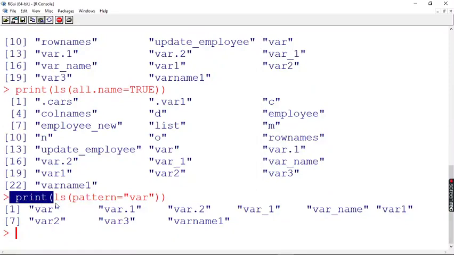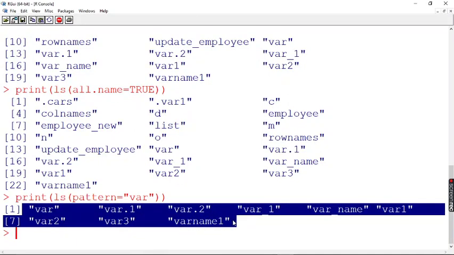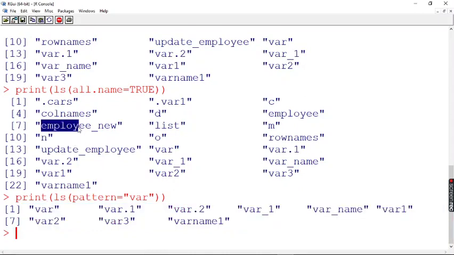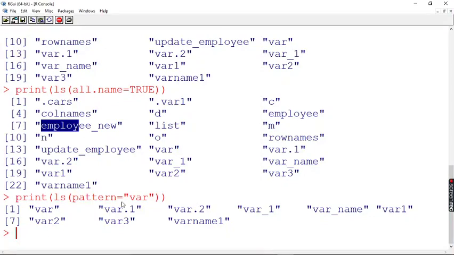If I say print ls of pattern is equal to var, then obviously you get the names of the variables active in the workspace with only this pattern var. See, all these employee, new, d, column names, everything is omitted. Fine. So this is how you can work with variables.